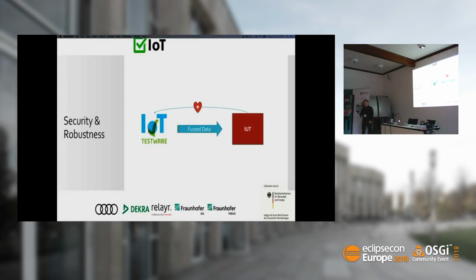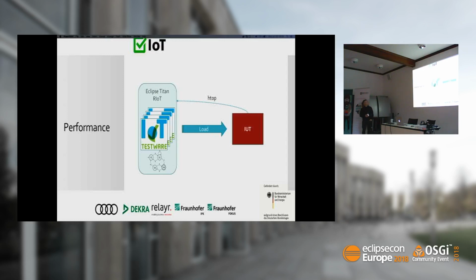And of course, as we said, the fuzzing approach, so what we could do is use the IoT-Testware for security and robustness testing. So you could also imagine introducing this step in the development life cycle and doing regular robustness tests on your product without any development, because we rely on the specification, so you might do it easily.